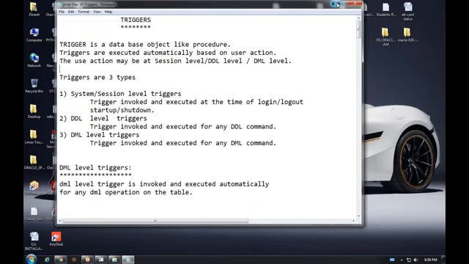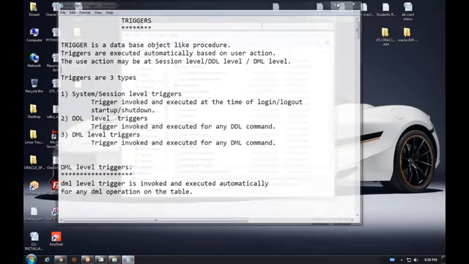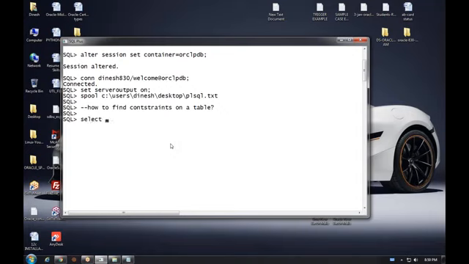Say: select constraint_name from user_constraints where table_name equal to, listen carefully, table_name equal to